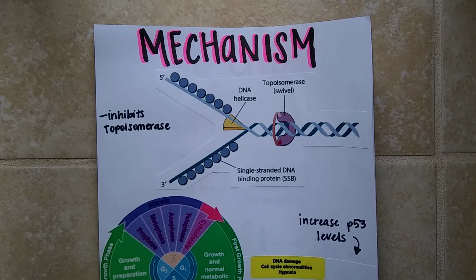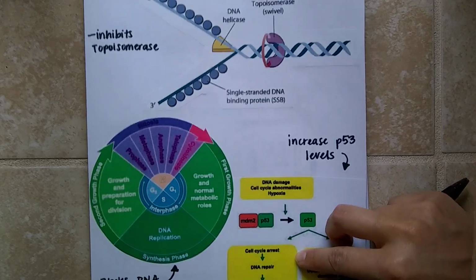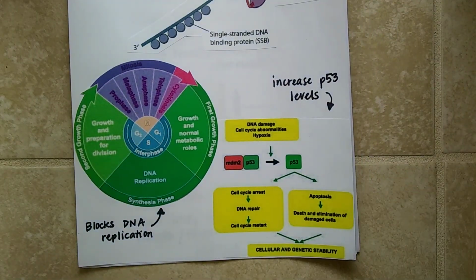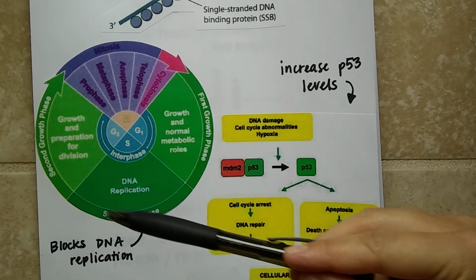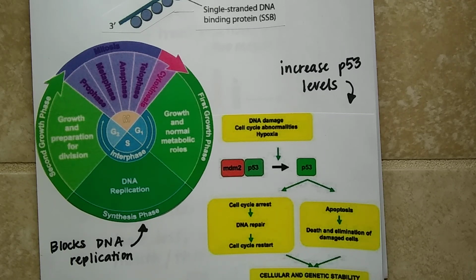Topoisomerase is needed in the cell cycle and functions by unwinding DNA supercoils to allow DNA to undergo replication. So as you can see here in this figure below, DNA synthesis replication occurs in the S phase of interphase. So it will block DNA replication by inhibiting topoisomerase from functioning properly. And it's also just suggested that doxorubicin will increase levels of p53, which you can see